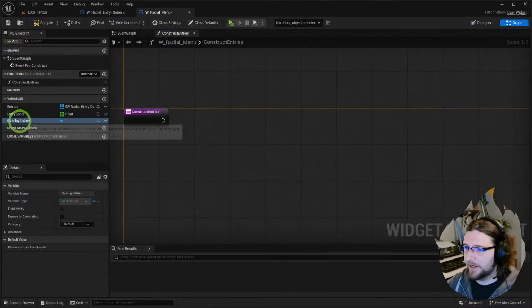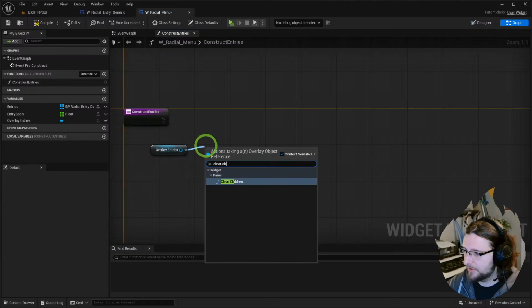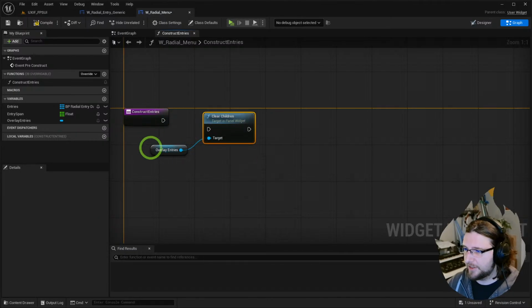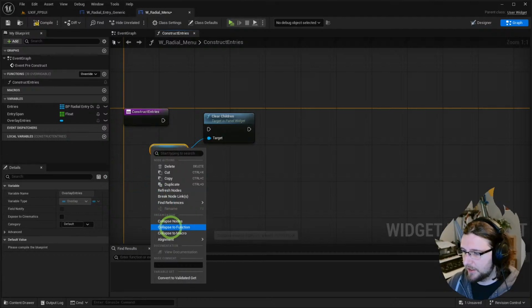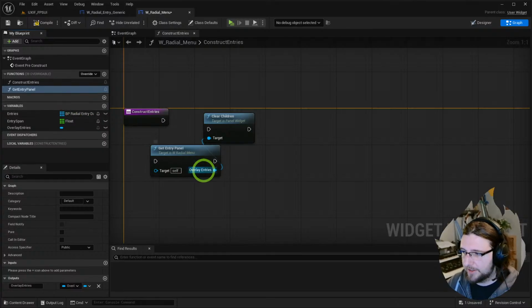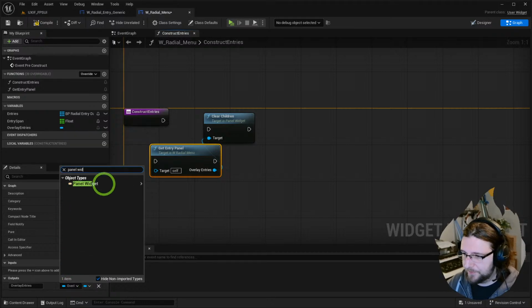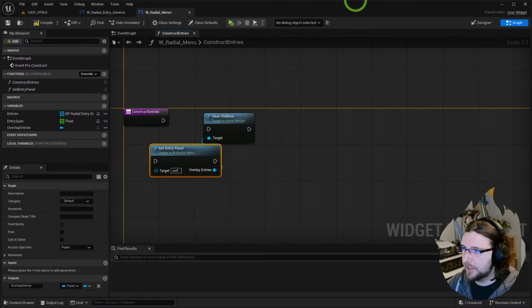And I want to make a function out of this. So first we're just going to clear children, because we should always clear children anytime we want to reconstruct the entries. I'm going to convert this to a function that's just called get entry panel. And that output should not be an overlay panel, it should just be a panel widget, which means that any child of a radial menu can take a different type of panel. And we'll make that pure,